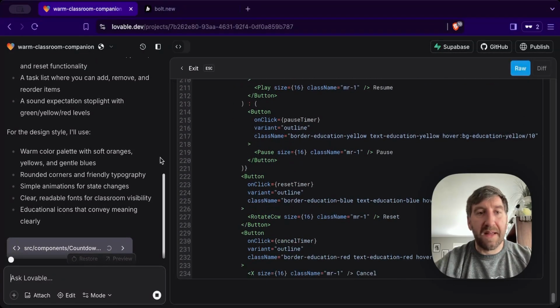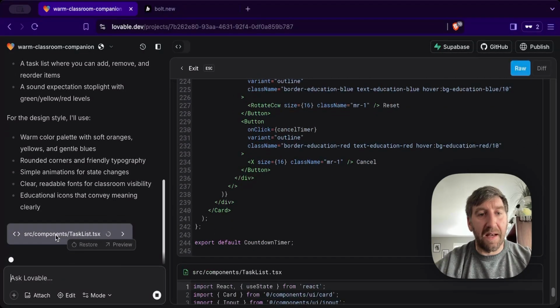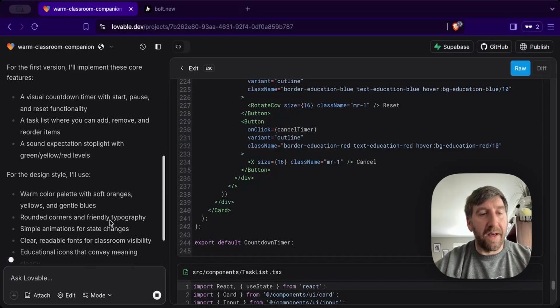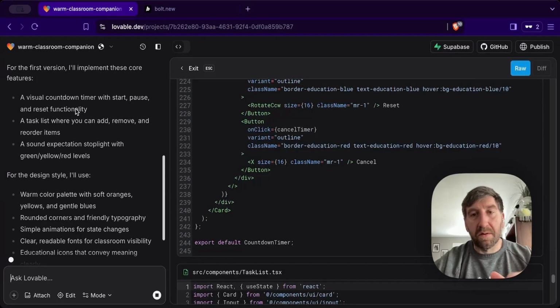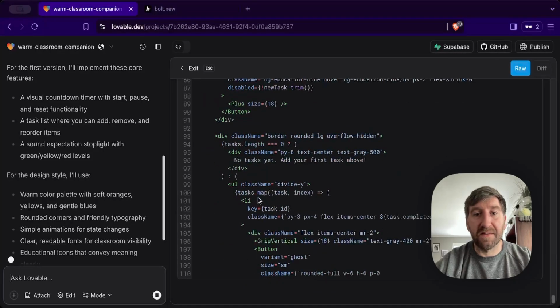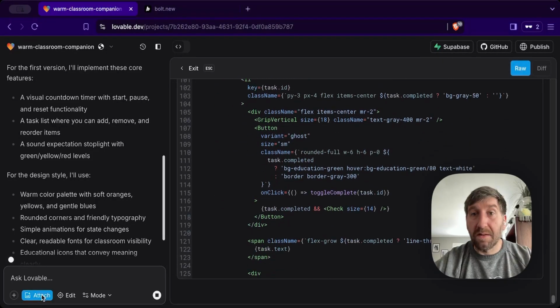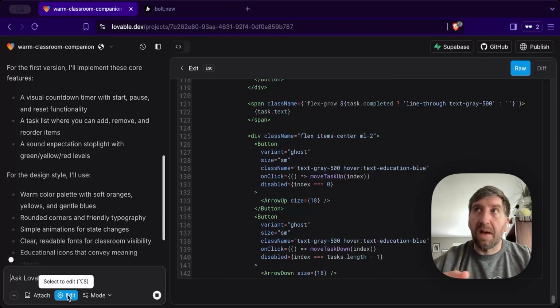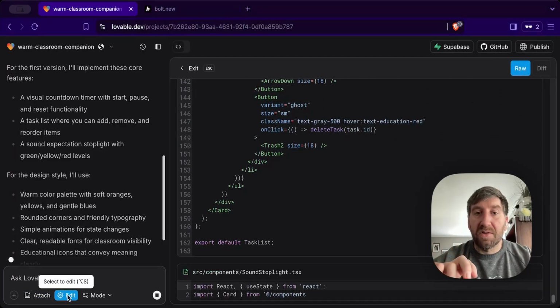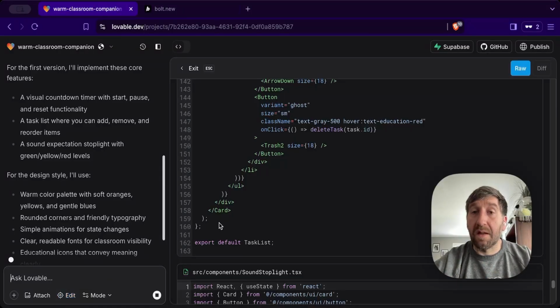And while it's generating over here, I can see again the different components that it's creating. Here it gave me an idea of what sort of things it might create. When you're working with Lovable, there are some features down here. So when we get the preview of this site, there are some things that we can do, including spot edits. So if you have text that you want to change the wording of, you can delete different elements, change colors. So it gives you some kind of rich text formatting type things that you can edit